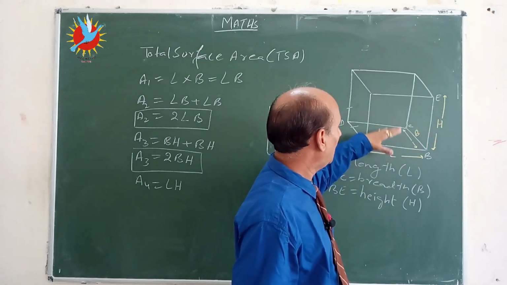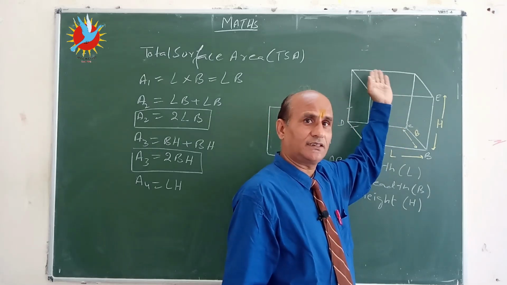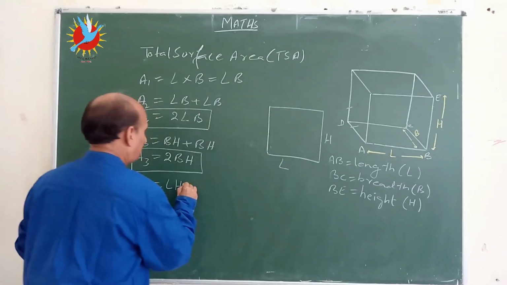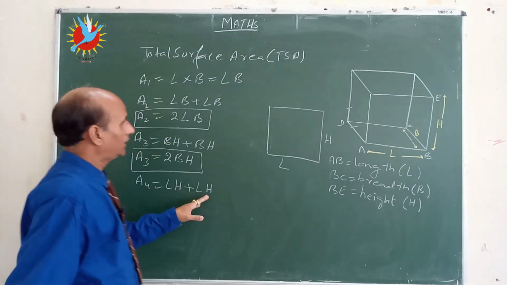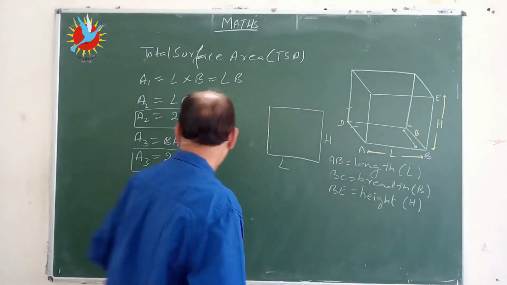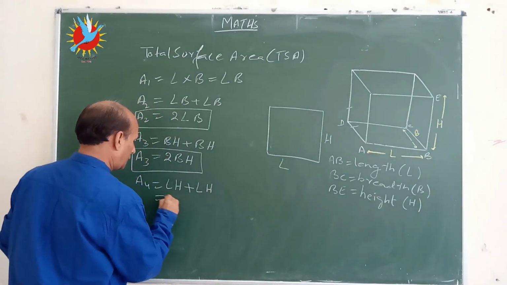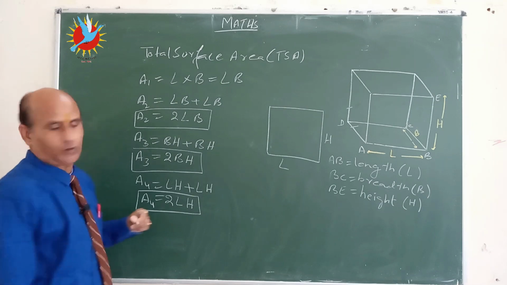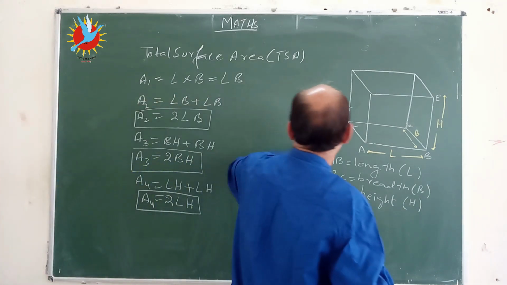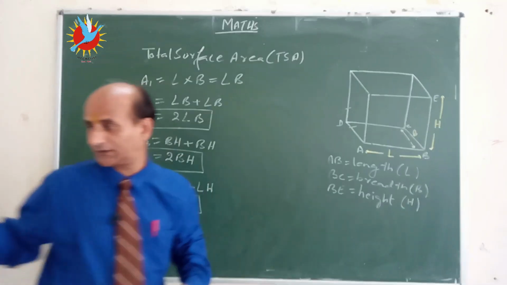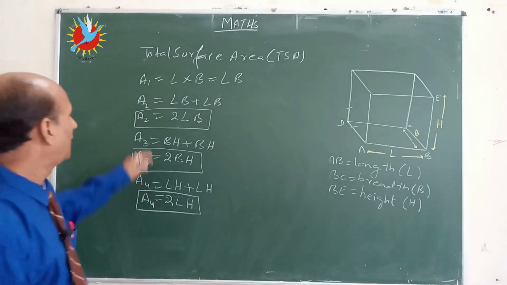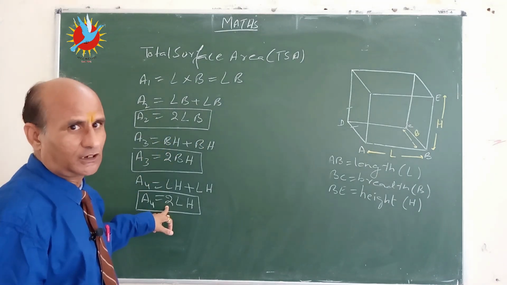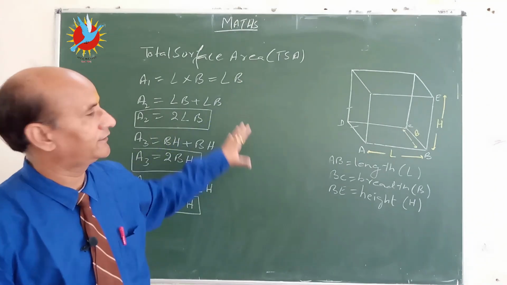It means the surface just behind this also has the same dimensions and their areas are also equal. So we will add the area of the second surface which is just behind this. So what do we get? We have twice LH. Now how many surfaces have we got? We have got the area of 6 surfaces. 2 surfaces are here, 2 are here and the next 2 are here. So it means we have got the area of all 6 surfaces.